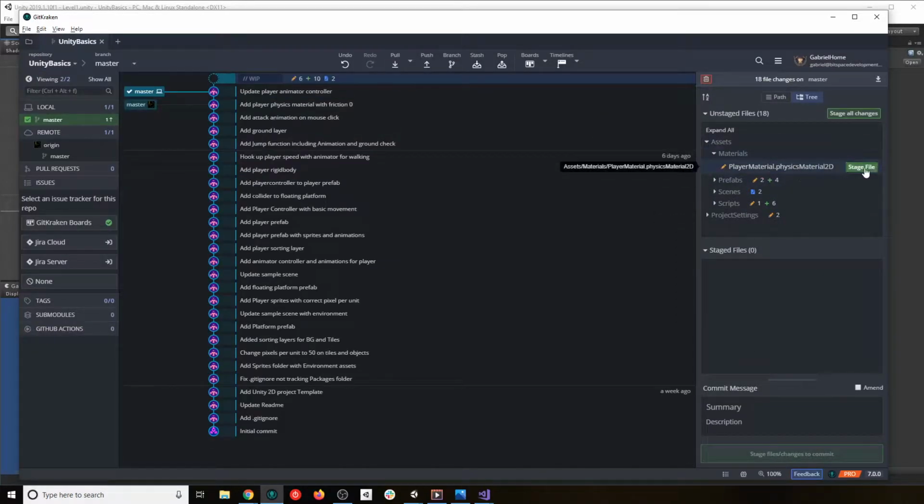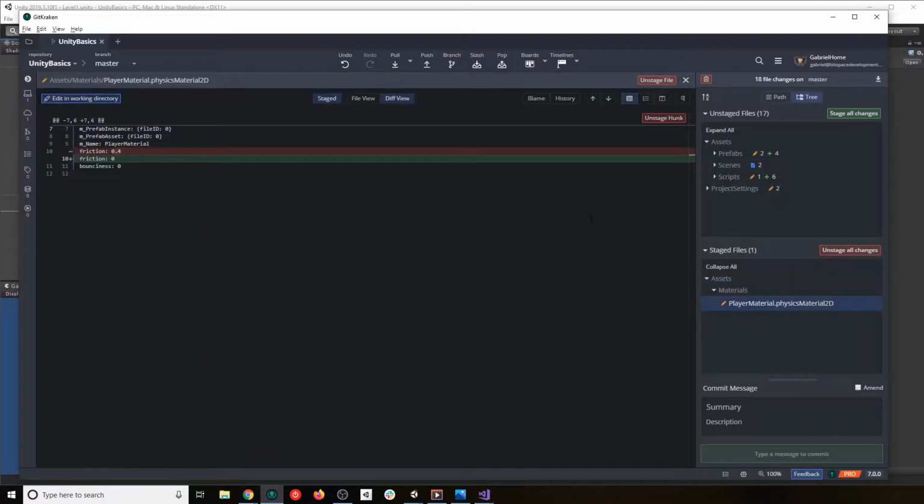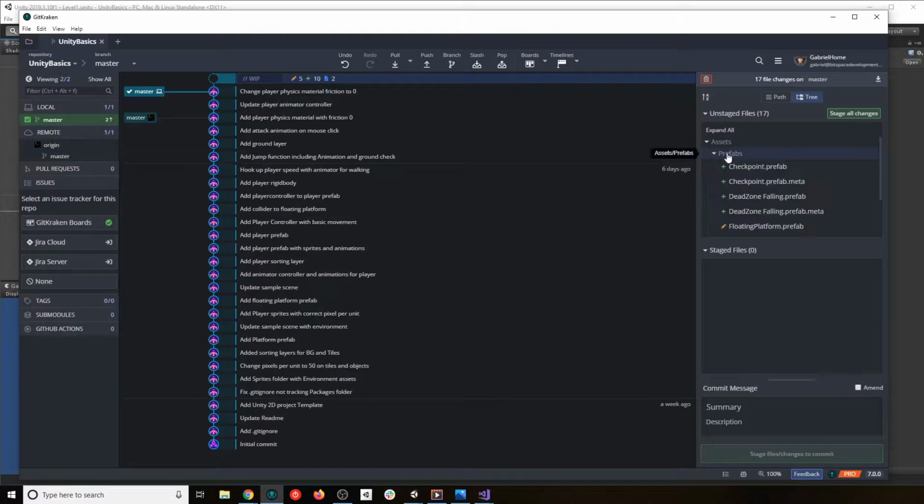Oh, this one is the one that we were talking about before. So we want to say materials. We changed here the friction. Change player physics material friction to 0. Commit this, and we want to add here